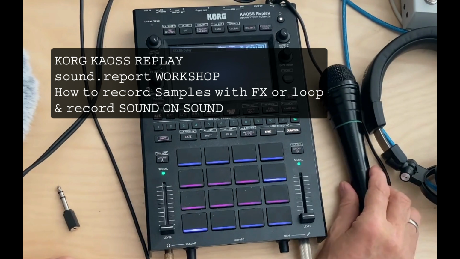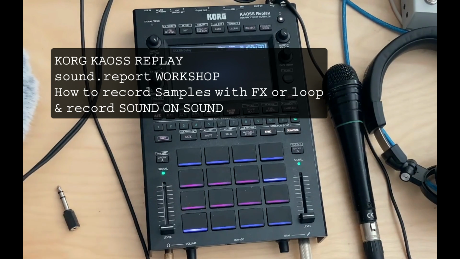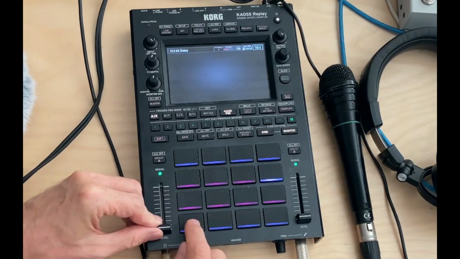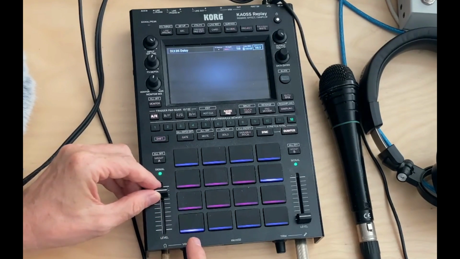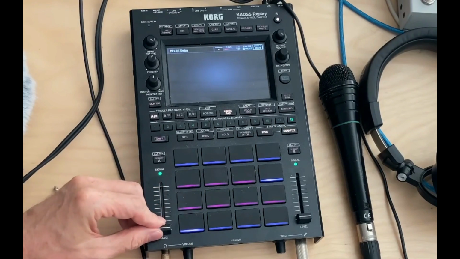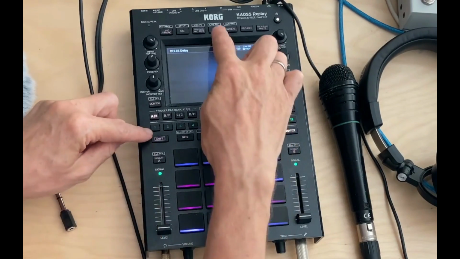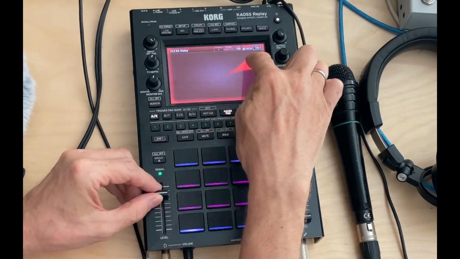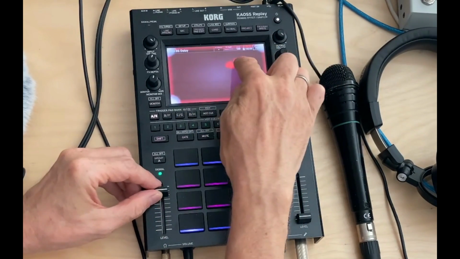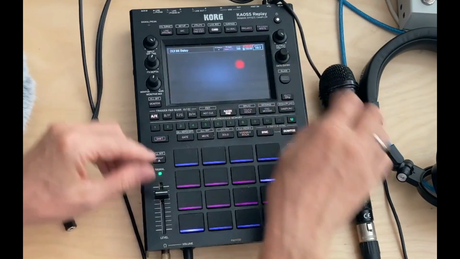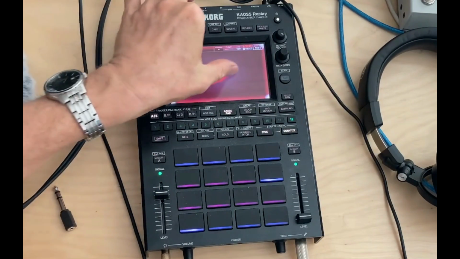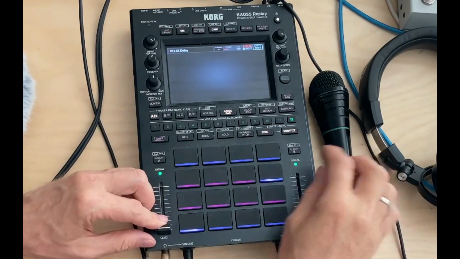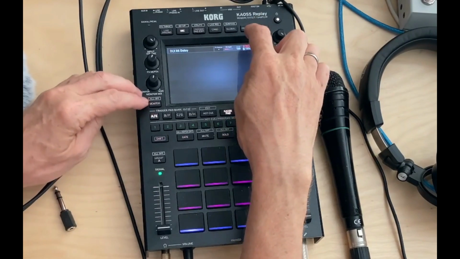Okay, in this video I show some of the recording options of KORG KAOSS Replay, which are enormous. So when I play something here, I can easily record it via live rec. And speak something into it additionally. And now end the recording